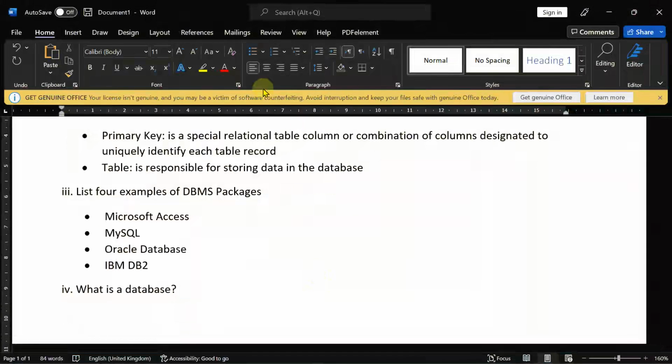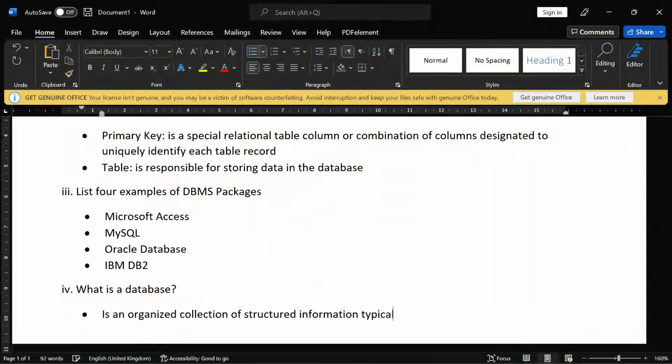Now, a database is an organized collection of structured information,